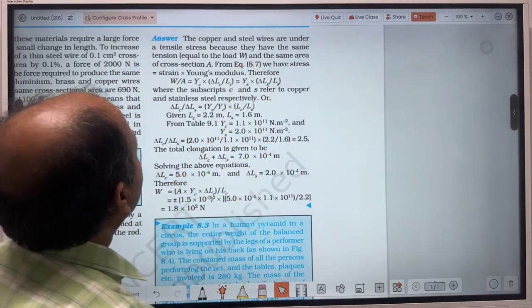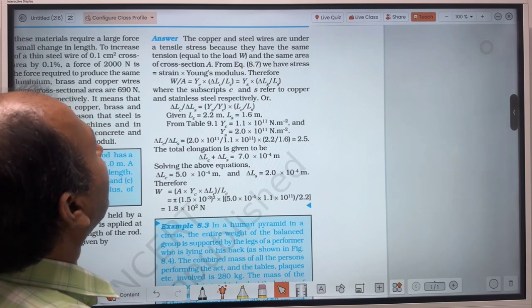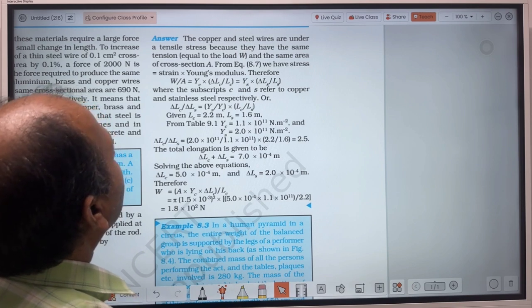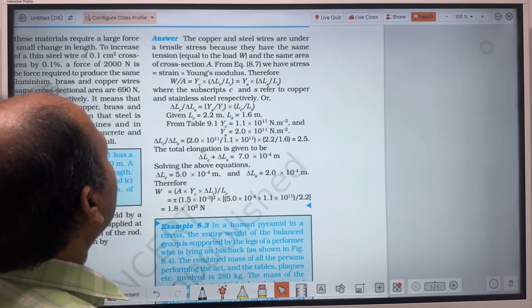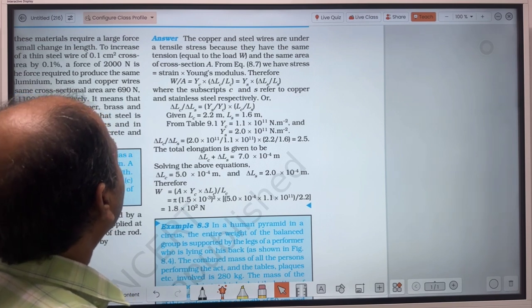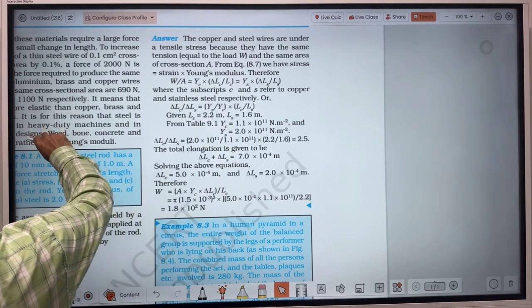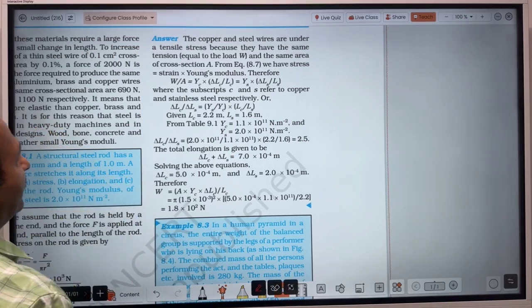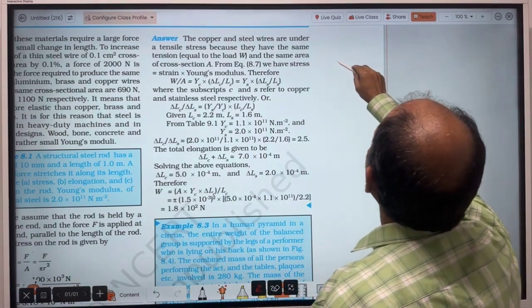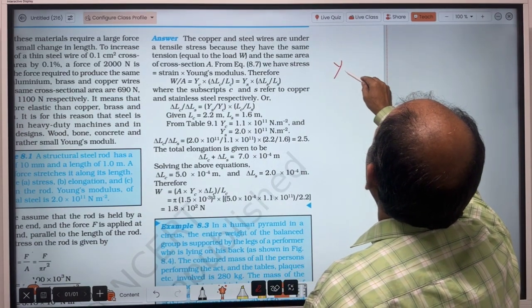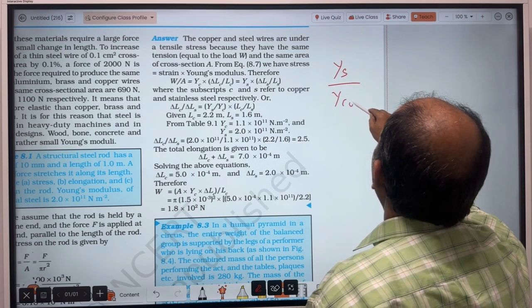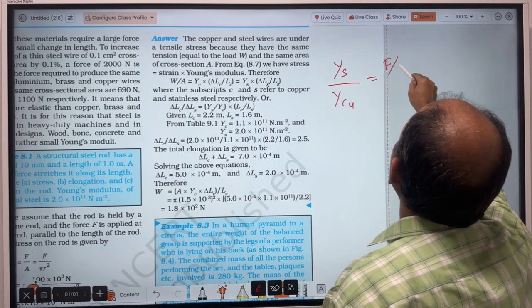The copper and steel wires are under a tensile stress because they have the same tension equal to the load and the same area of cross section, as we have already discussed. So stress equal to strain into Young's modulus. Therefore we can find these values. We find the ratio, and let me explain because it is a little complicated. We first write Young's modulus of steel divided by Young's modulus of copper. We write the formula: force upon area,